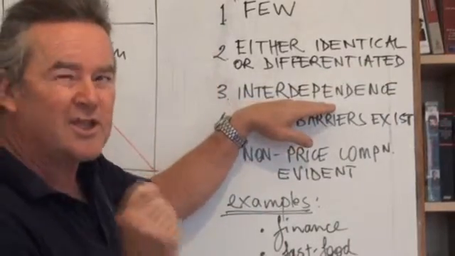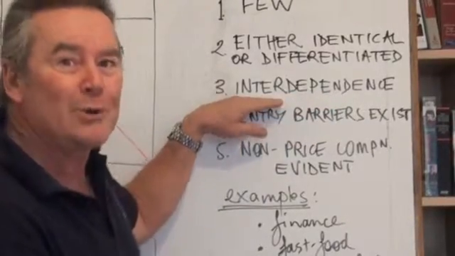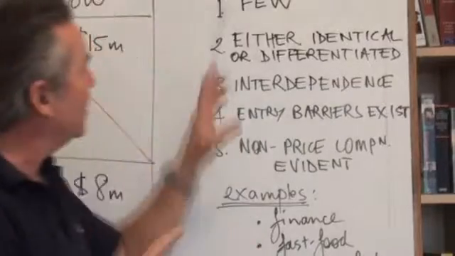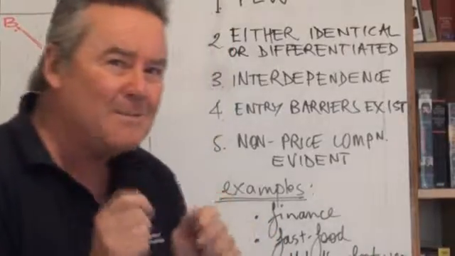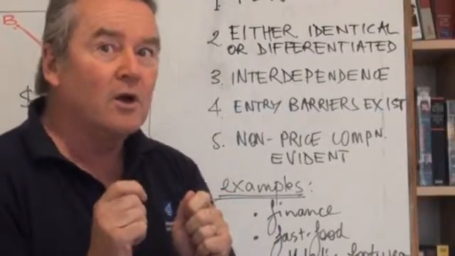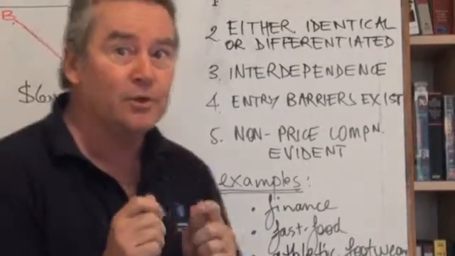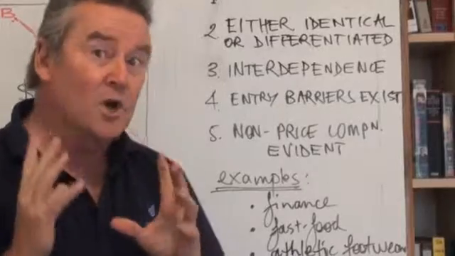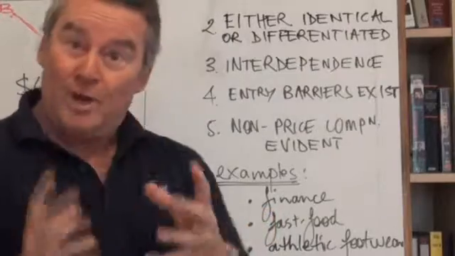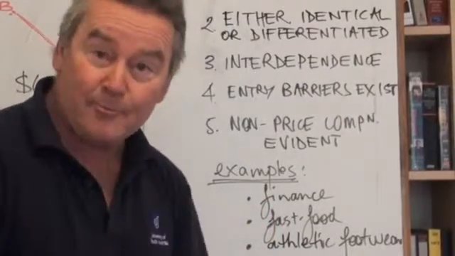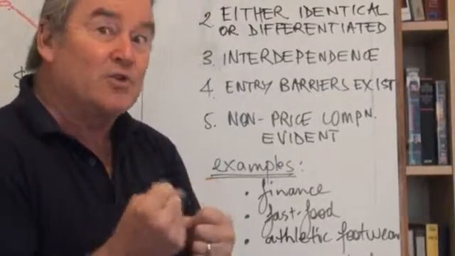Now, here's the intriguing thing about oligopolies: mutual interdependence. When we look at this fewness aspect, each firm must be acutely aware of what their rivals are doing. We need to know what the opposition's up to, and we also need a strategy or a plan in mind as to what the opposition might do if we change our pricing structure. What will be their reaction? So there's a need to be strategic here.